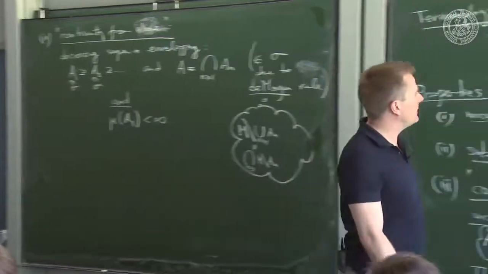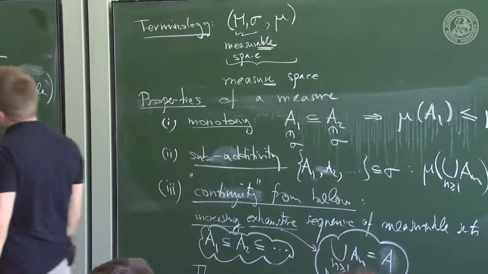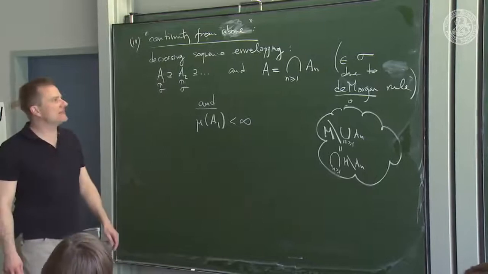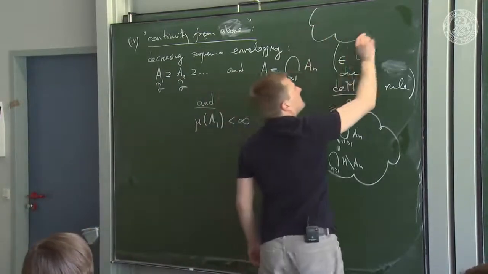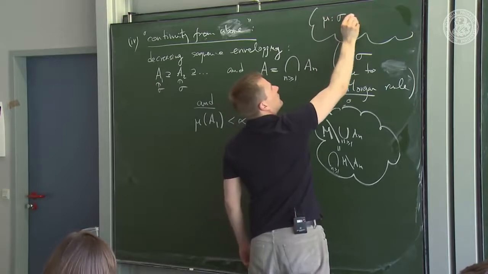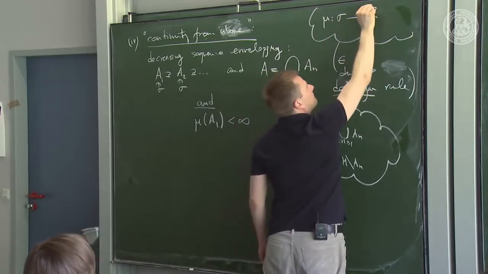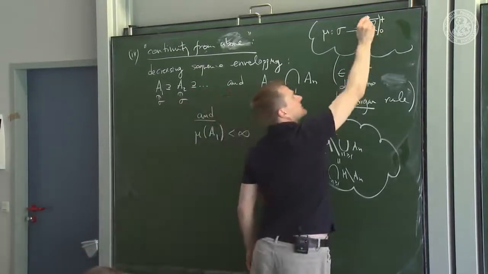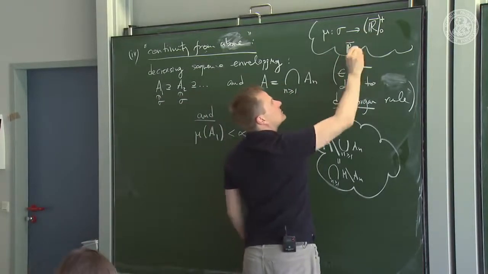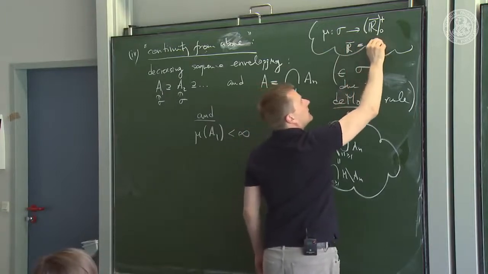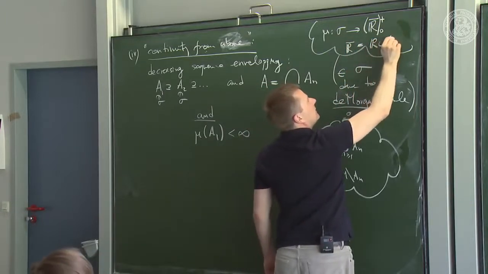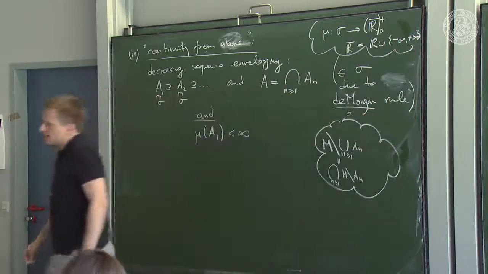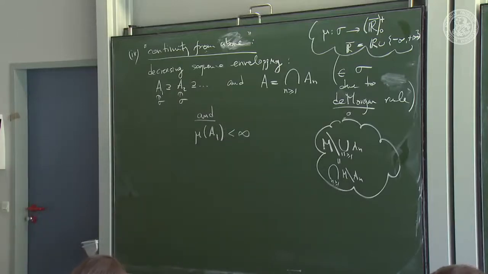I should have probably, I said the mu goes to R plus 0, is that right? Yes. I shouldn't have said that. So if you go back to that, the mu should go from sigma to R bar plus 0. And the R bar, we'll look at the R bar soon, but the R bar is R union with minus infinity and plus infinity. Okay, so we invent 2 points called minus and plus infinity.